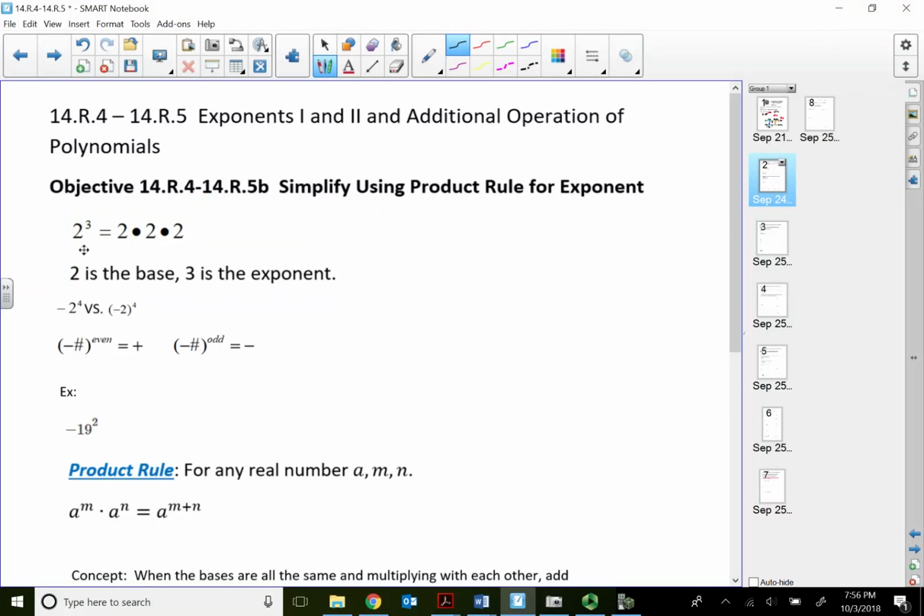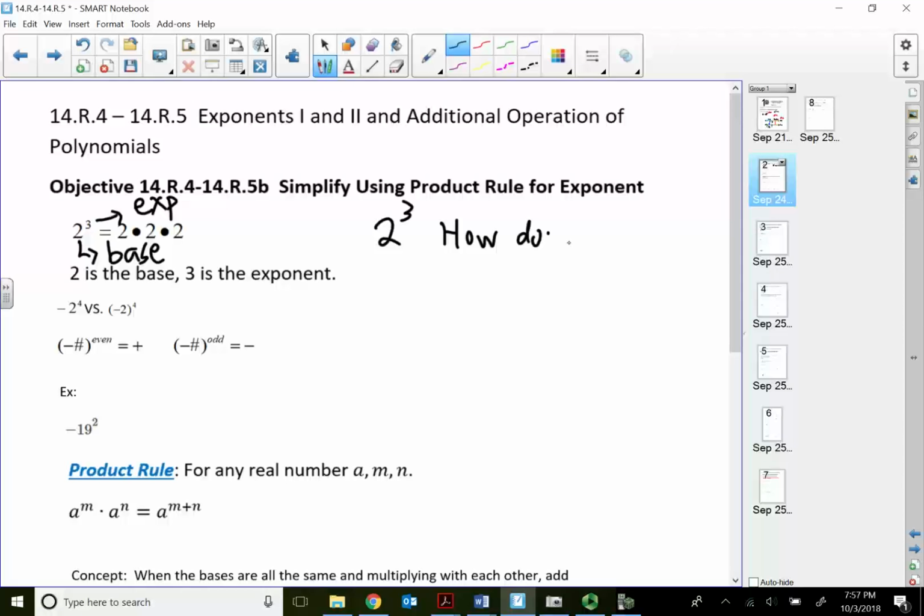So here I wrote 2 to the third. When we're having an exponent, 2 to the third means 2 times itself 3 times. 2 is called the base, and the 3 is called the exponent. A lot of times, what I like to ask students is, when you see 2 to the third, how do you know